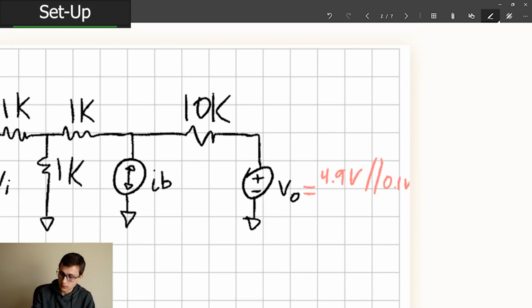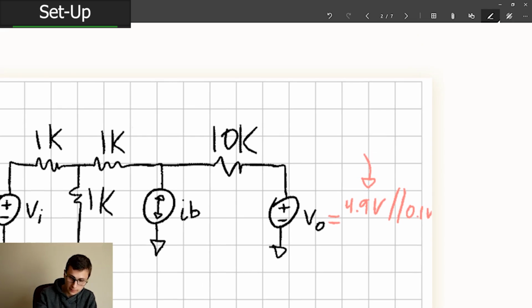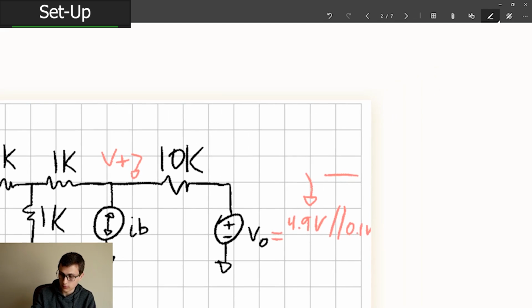And it's 4.9 volts when V plus, the voltage of that node right there, V plus is greater than 1 volt